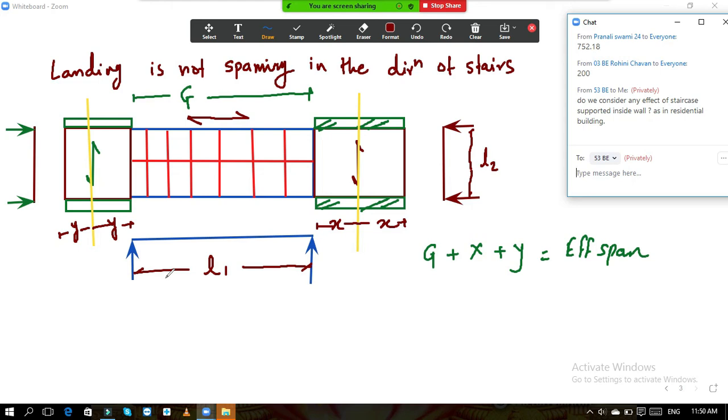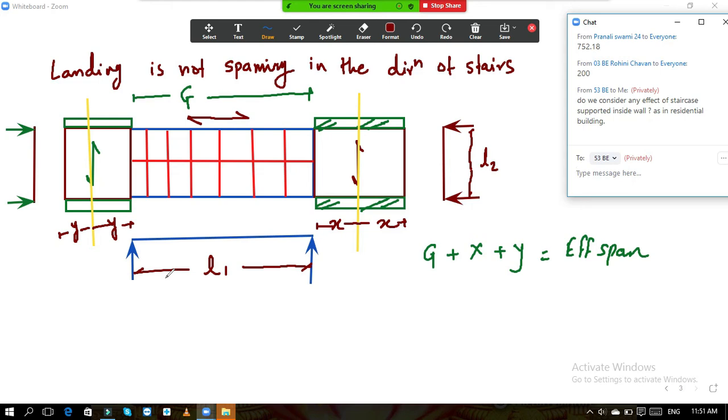Also, in most residential buildings, we always design a dog-legged staircase. We won't go for an open well staircase. Normally in 80 to 90% of homes we will find the dog-legged staircase. The basic reason behind it is that it requires less space as compared to the open well staircase. So less area of the staircase block is consumed by the dog-legged staircase. And in support, the two conditions I have explained right now, we will always consider for the staircase.